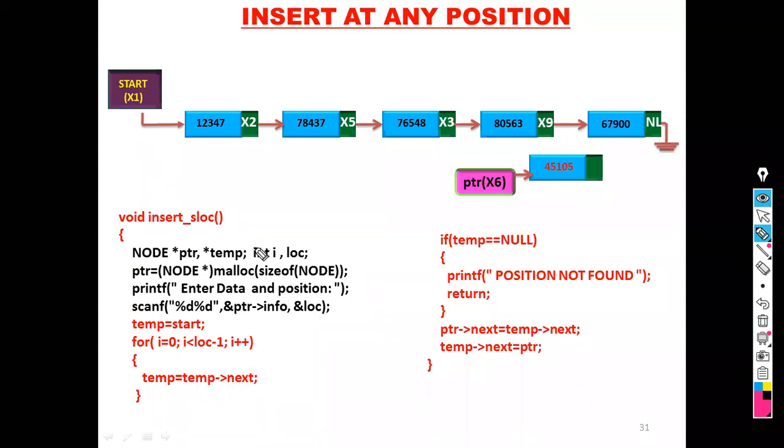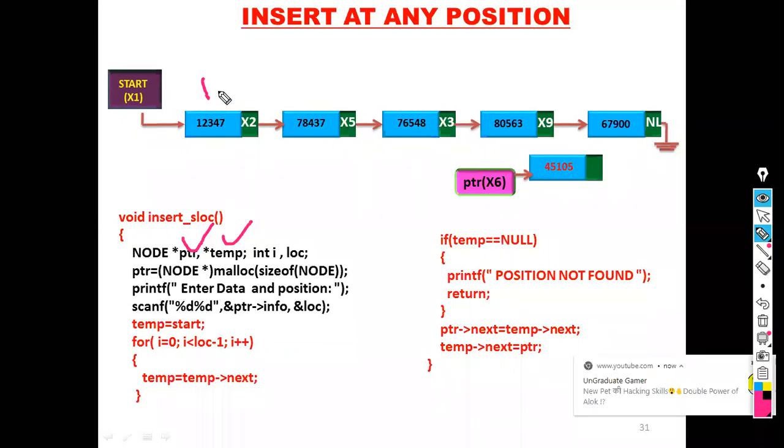Okay. So you see, for that you declare all these variables. PTR is a pointer variable, temp is another pointer variable. This PTR is pointing to the newly created node. Temp is a pointer that basically moves from the start to the specific position. For that I need a temp pointer, because nodes are situated at some memory address. You have to take a pointer and move this pointer to the position. After this position, you have to insert the new node. For that I created two pointer variables, one is temp, one is PTR.